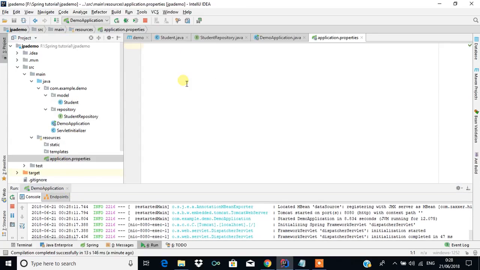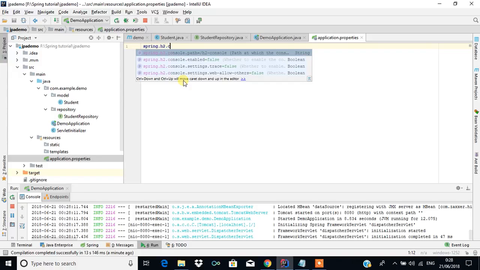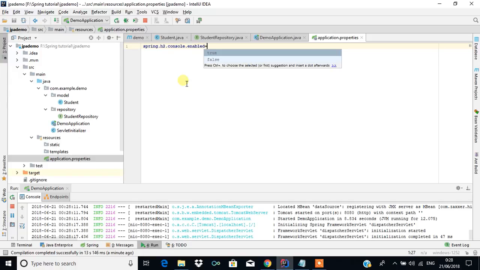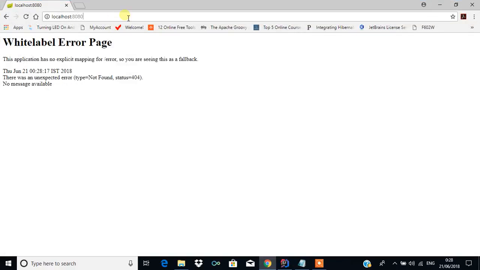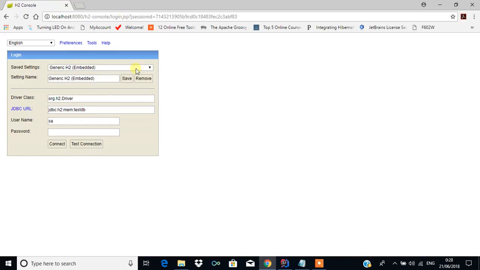In this application.properties we can type spring.h2.console.enabled=true. If we set that, we can view it with the help of the H2 console, and this will open the H2 console